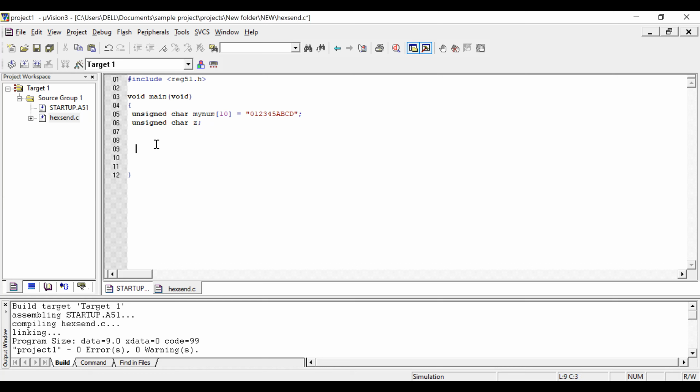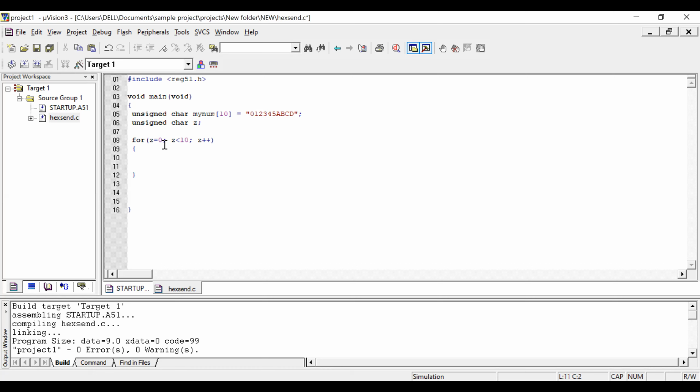So let us have a loop. In this loop, I'm assigning one variable for pointing to each and every element of the array. Z, so Z less than 10, Z plus plus. I'm opening the body of the for loop.